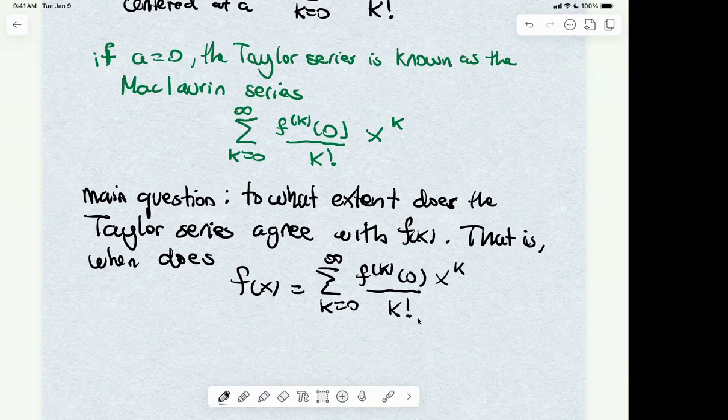Now, for something nice like a sine function, it does coincide with its Taylor series always. So that's why the approximations get better and better. But